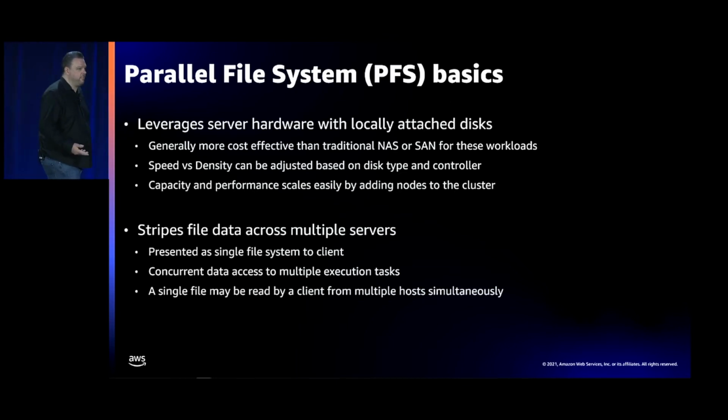So the key piece of a parallel file system is that it stripes data across multiple servers. So if you put a file into a parallel file system, that data exists on multiple servers simultaneously. So when the client retrieves that data, it's going to be pulling it from those servers individually. Thus, you wind up with a capacity that actually exceeds what an individual server could feed you if it was just giving you the entirety of the file itself. That's kind of the whole purpose behind this.